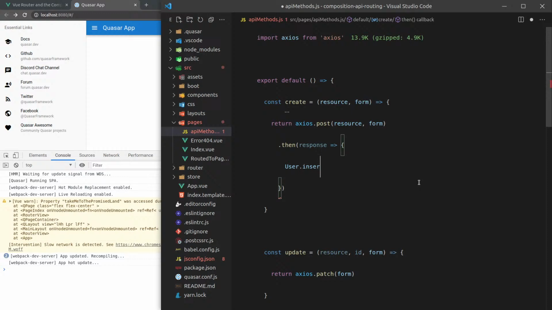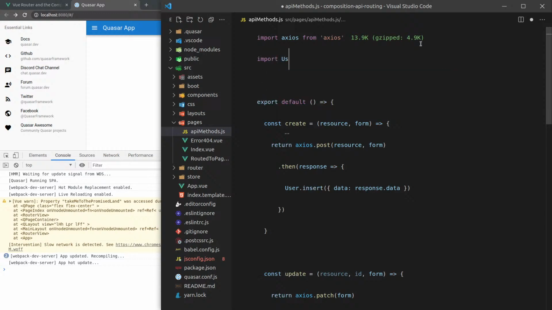User.insert, if you're using something like VueXORM, and then response.data. In fact, I think the API is actually like this. You have to say the data is equal to response.data. Yeah, you could have something like that, and then you could import your user from, I don't know what that would be. That might be something like